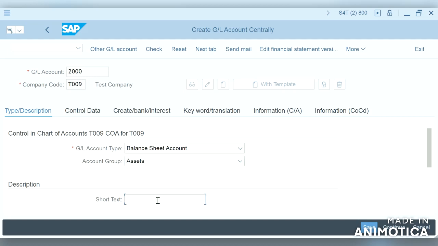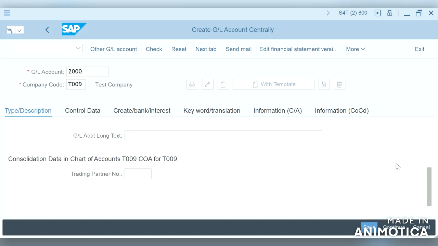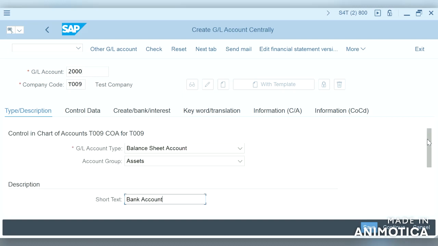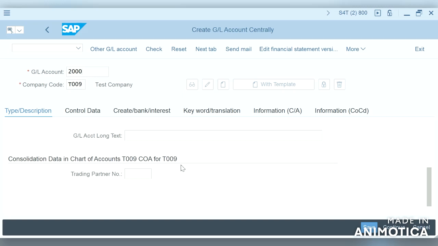So this is a text field. We will give it as bank account. In this text field we give the appropriate name to that particular GL account. Then there is the GL account long text.